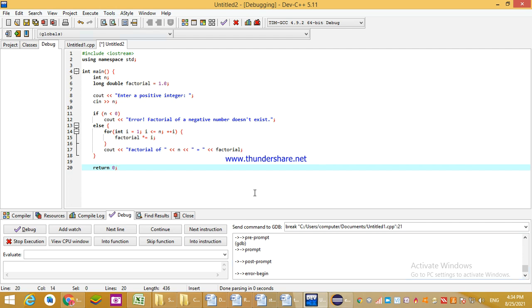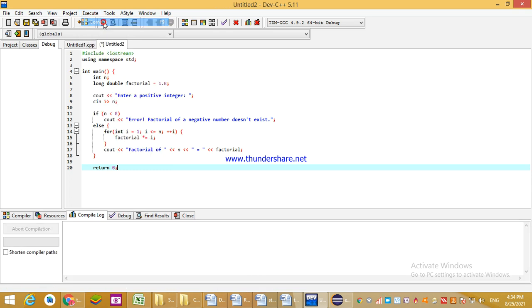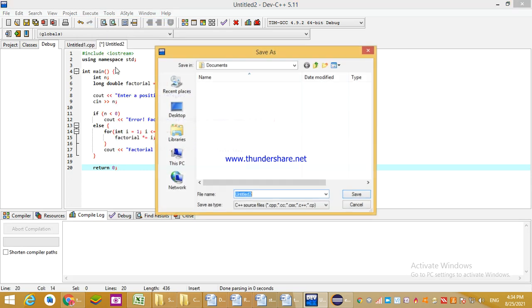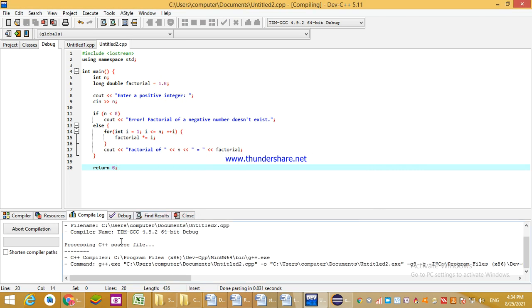Over here in the Dev editor, there is one option available, execute. Click on that execute. Here you can compile your program and run your program. I am compiling my program first. Okay, it is compiled.